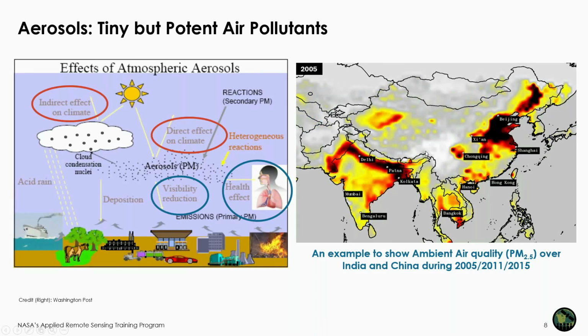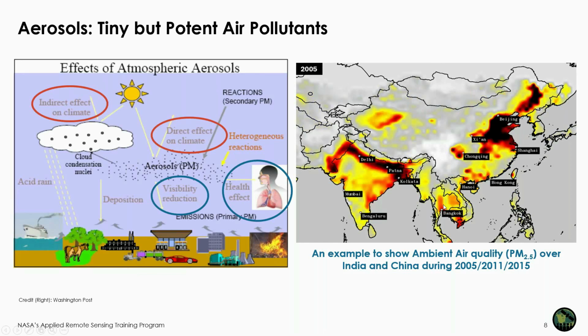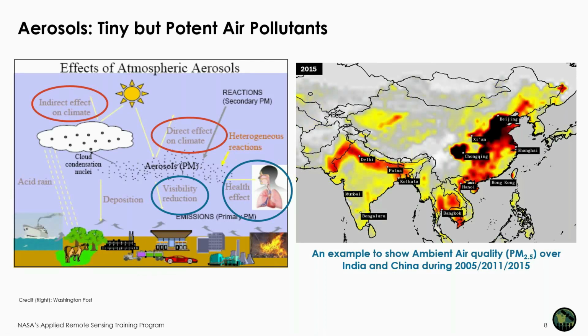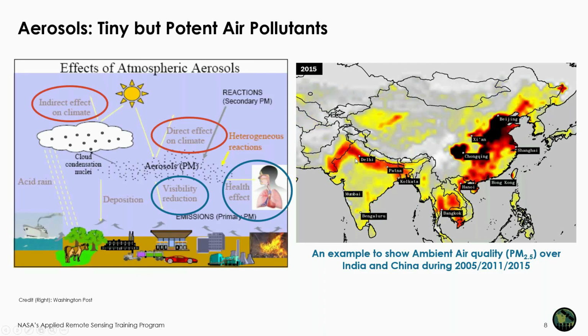Now, from space, the aerosol distribution patterns in time as well as in space have been studied extensively by polar remote sensing satellites like MODIS, etc. So this chart shows you, over India, China, and the East Asia region, the increased aerosol optical depth, which can be converted into particulate matter. What we see in this chart is that over China and India, especially the Indo-Gangetic belt, there is a large concentration of particulate matter,